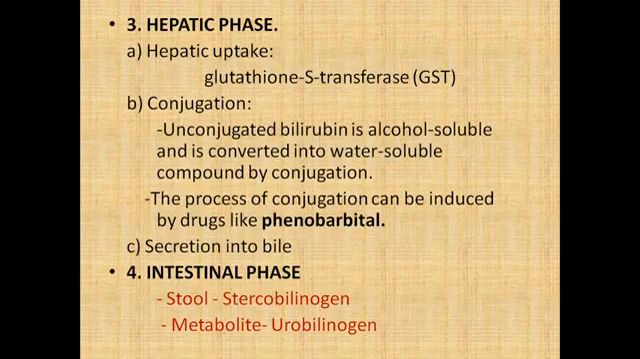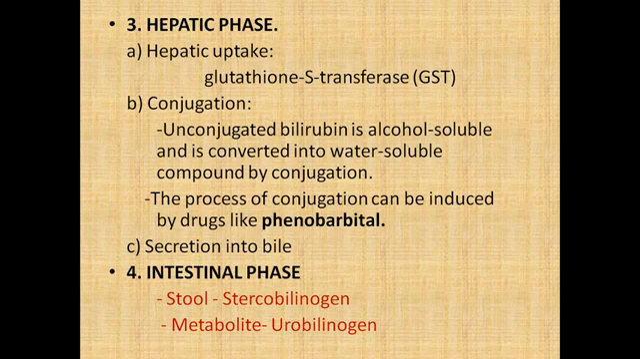Okay. Third phase is the hepatic phase, where there is hepatic uptake, conjugation, and secretion. These are the three main subsequent steps. Hepatic uptake occurs with the help of glutathione S-transferase, and the second step is conjugation. Here unconjugated bilirubin, which is alcohol soluble, is converted to a water soluble compound by conjugation,